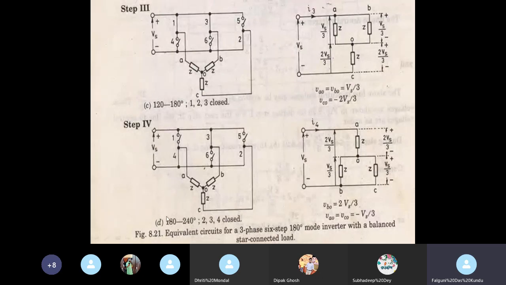Step 4, 180 degree to 240 degree, 2, 3, 4 are closed. Okay, that means what happened? 4 and 2 are closed, that means B and C are in parallel. With B and C, A is in series. Okay,